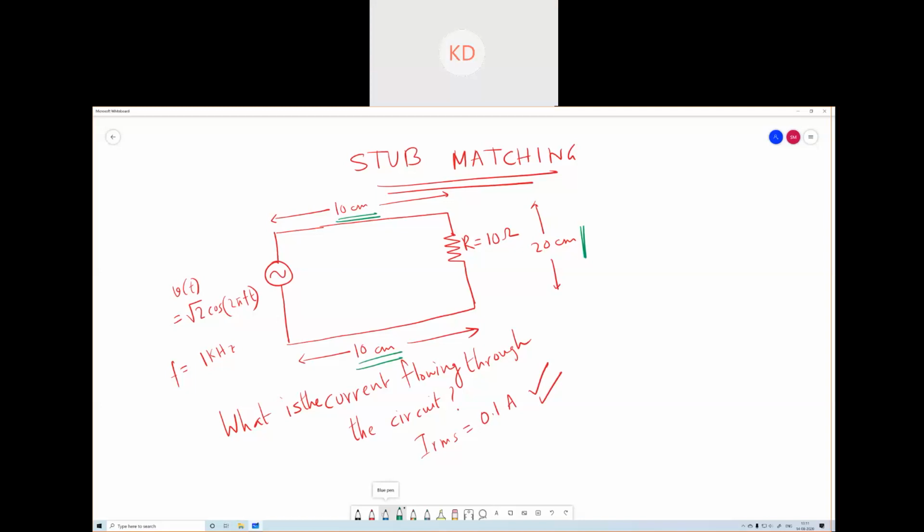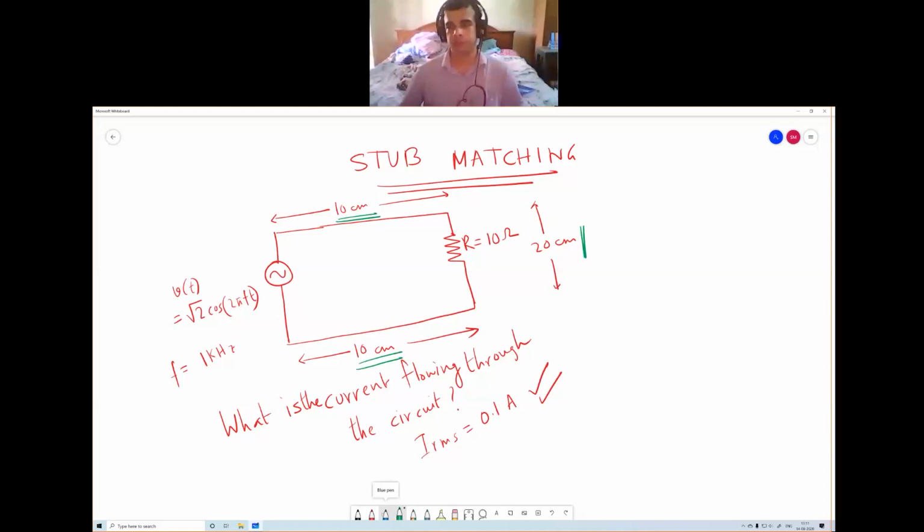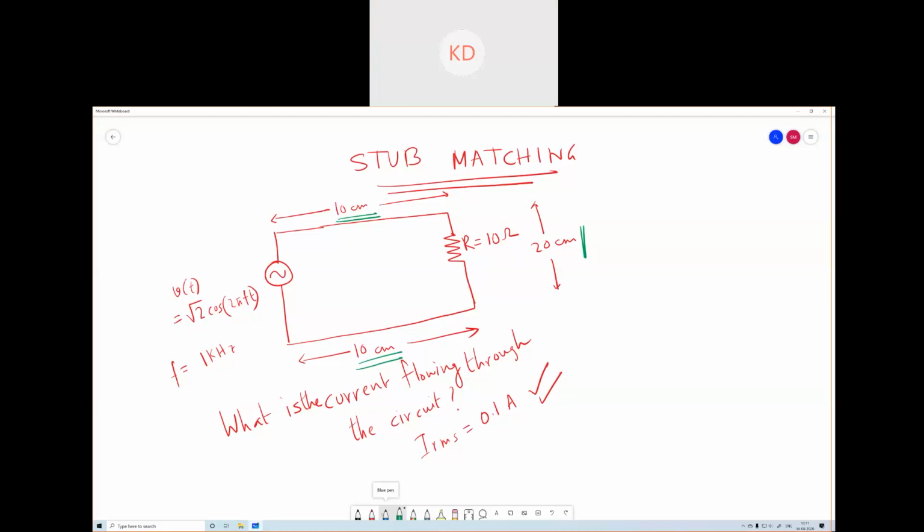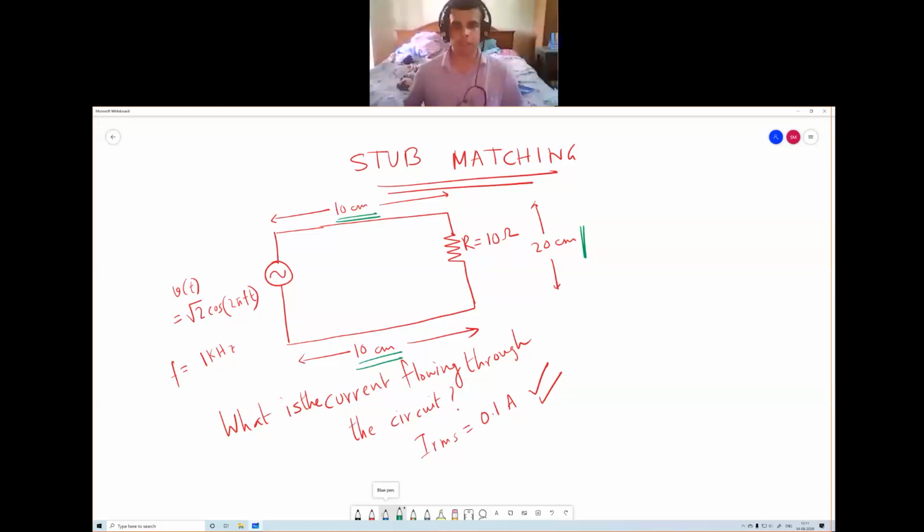This is the problem, about which we cannot do much. Why do you think you needed this extra information? Actually, no, it has nothing to do with power. We can calculate the power also, right? Power is I square RMS R. We don't need this. When this is 1 kilohertz, it is fine. Even if you did need this 1 kilohertz, it has changed the problem slightly.